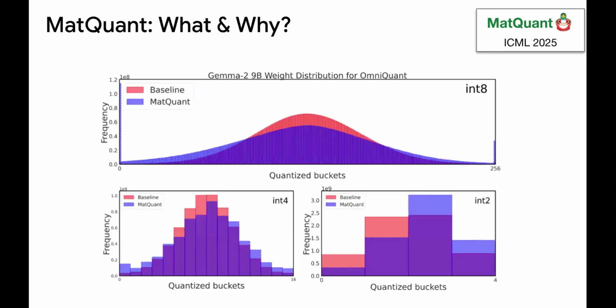And what is happening here is if you look at the distributions, it's kind of sacrificing accuracy of 8-bit to push the values of 2-bit to the right side. So if you don't do MatQuant or Matryoshka quantization, the distribution of 2 bits is shifted a bit leftward, so it's not using the higher precision values.